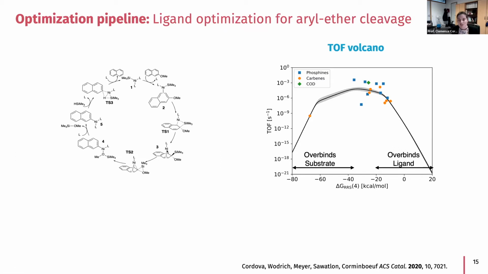So once you have this volcano, I told you that you can actually train a model, whether you want to train a multilinear scaling relationship or a machine learning model, to predict the value of the delta G of intermediate 4, which is in this case our descriptor of any catalyst. And for that, I need to make a little parenthetical